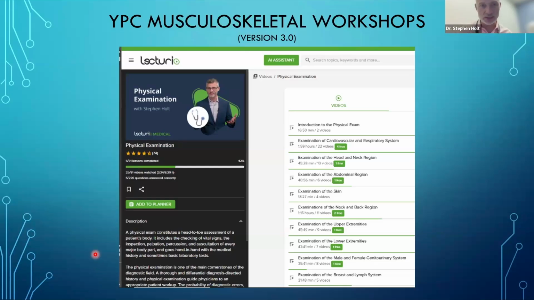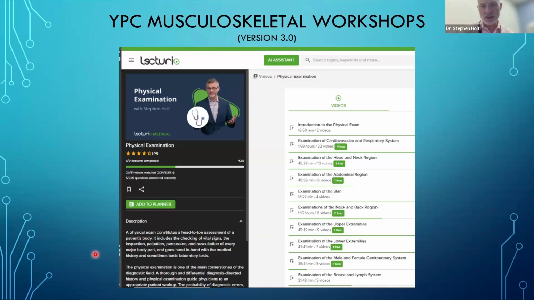So let me just jump into what I'm talking about. This was released, give or take 2021, and honestly, it's one of the proudest things of my entire life. I mean, I love my children. I will still rank them above this workshop or this physical exam course, but this physical exam course is close behind because it really was something I'd always wanted, and I finally had a partner to realize it.